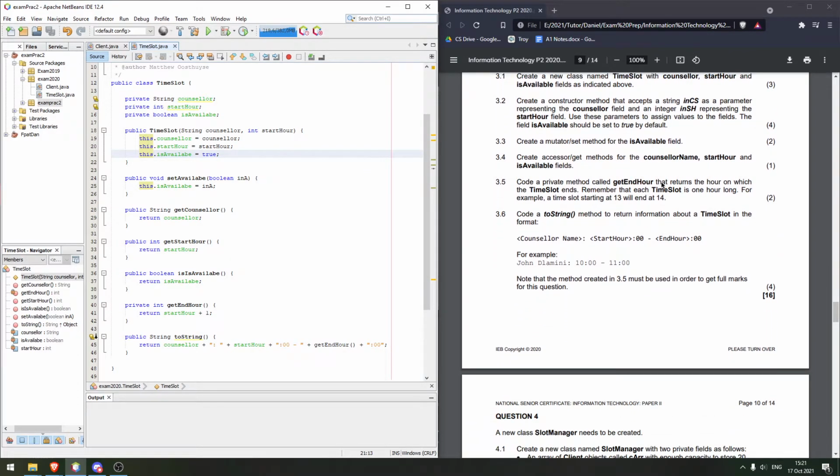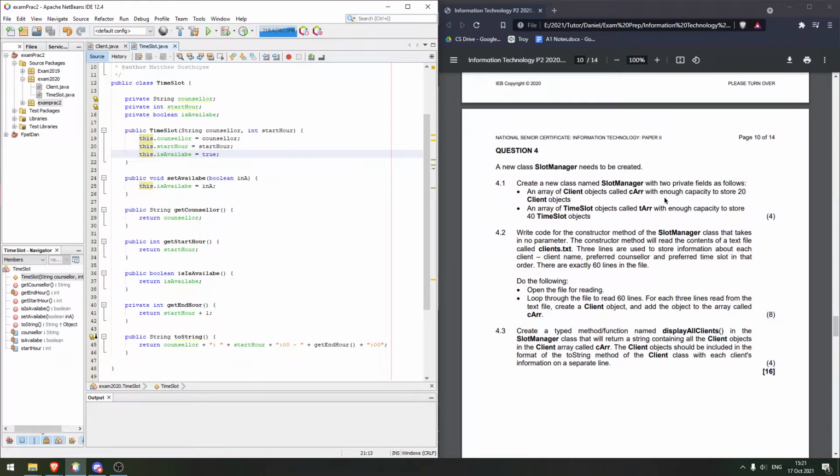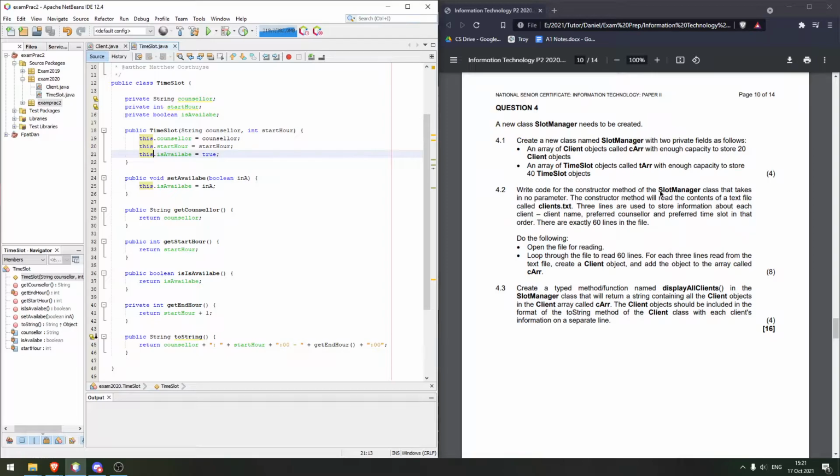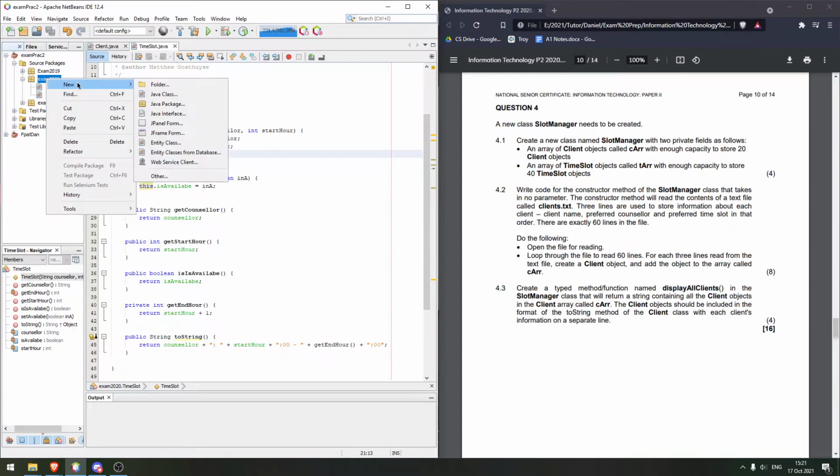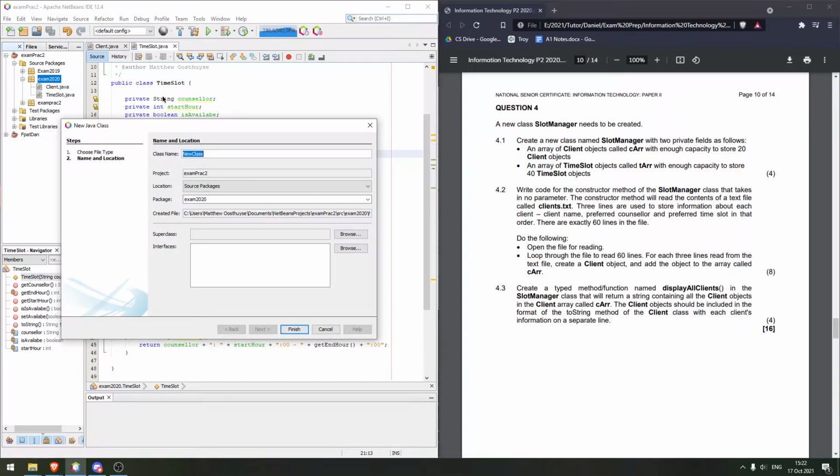Now we can move on to question 4. This looks like we're going to be making the slot manager with two arrays, one array of size 20 and one array of size 40. So let's get that going. So this is slot manager,